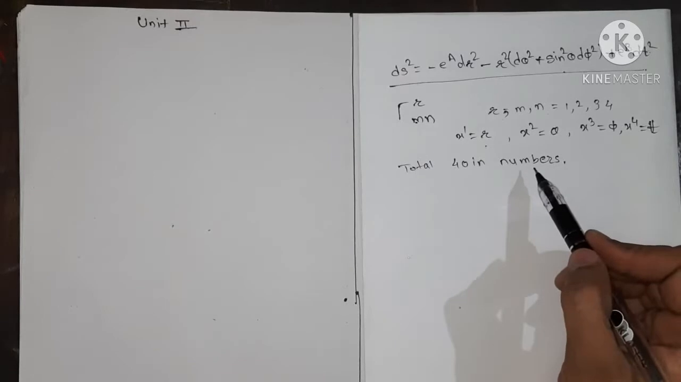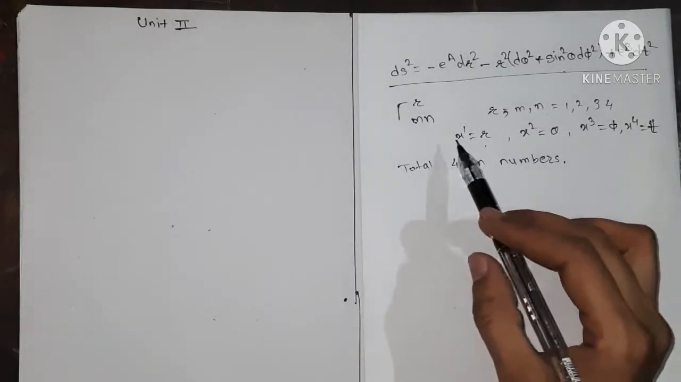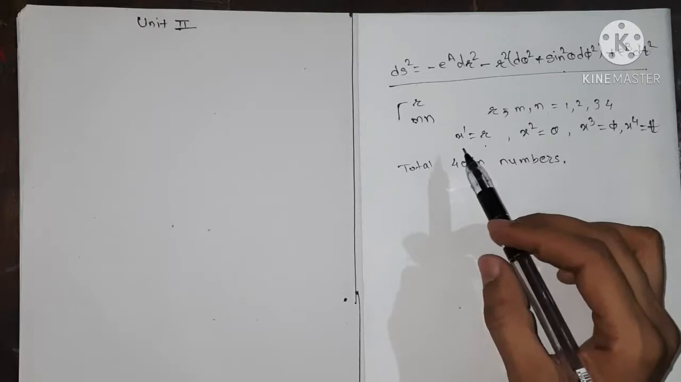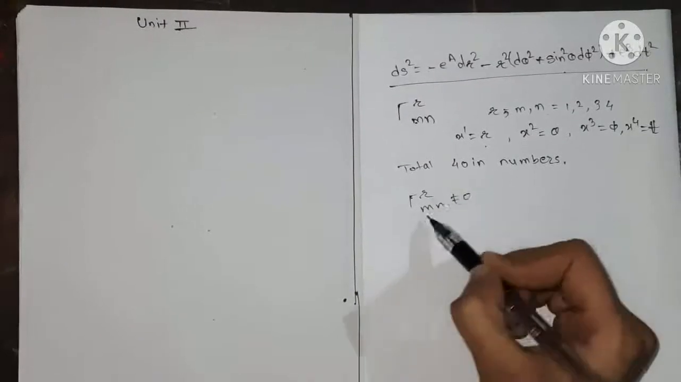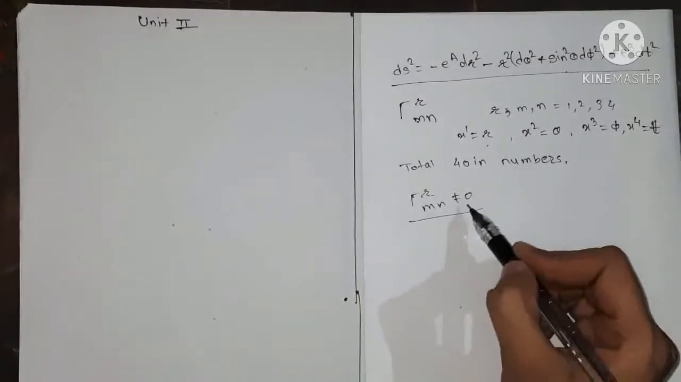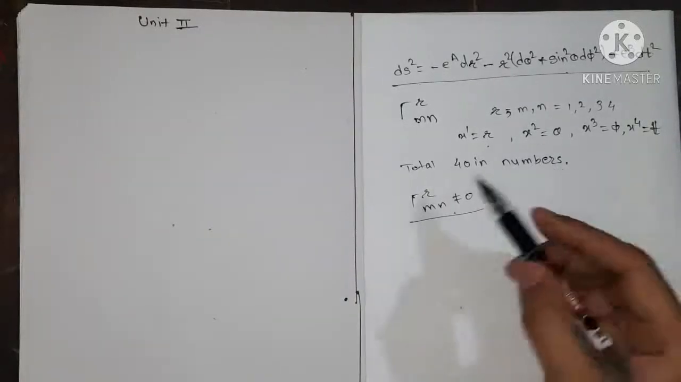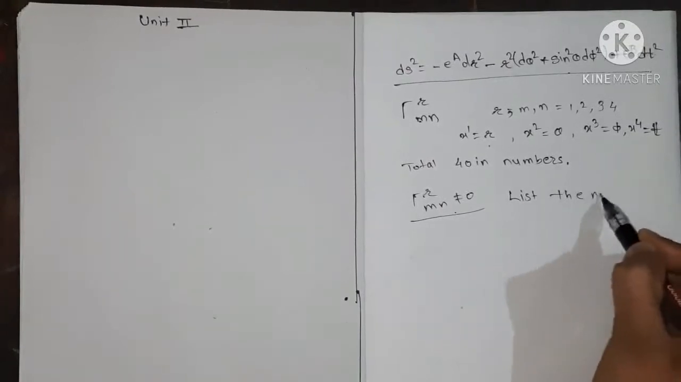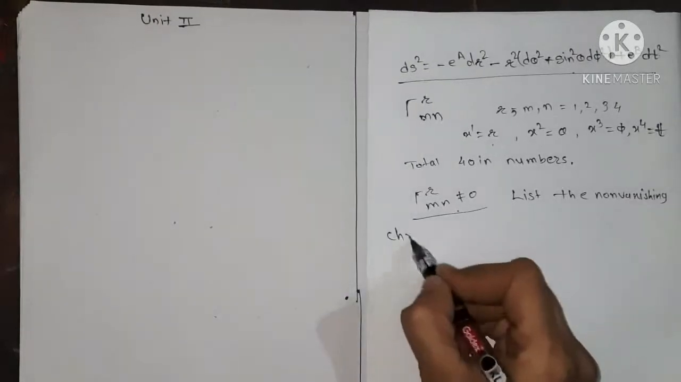So we have some short methods from which we can list only the non-vanishing Christoffel symbols. Non-vanishing Christoffel symbol means gamma of rmn not equal to 0. We can list only those symbols which are non-zero, and all the other remaining ones are 0. So to list the non-vanishing Christoffel symbols,